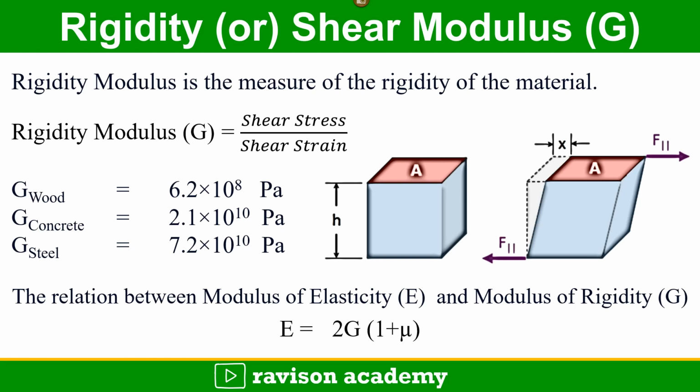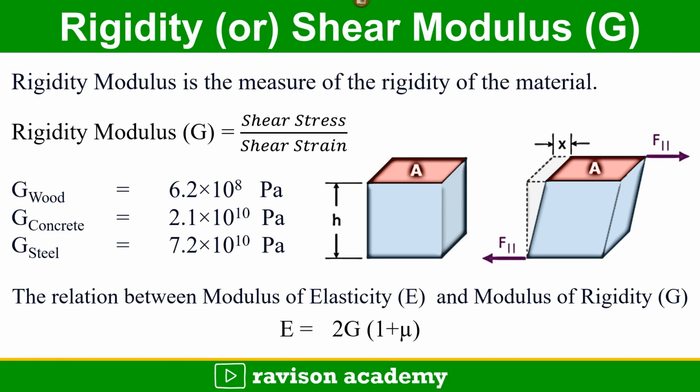Coming to the rigidity or shear modulus, represented by G, it is the measure of the rigidity of the material. The rigidity modulus is shear stress divided by shear strain, represented by G. Coming to the values, wood has 6.2 × 10^8 Pascal, concrete has 2.1 × 10^10 Pascal, and steel has 7.2 × 10^10 Pascal. Steel has the higher value of rigidity modulus,